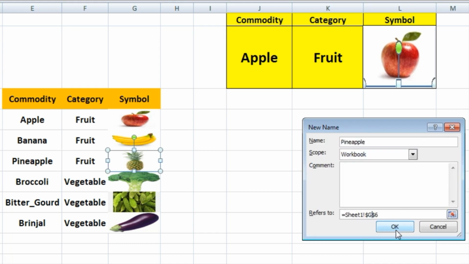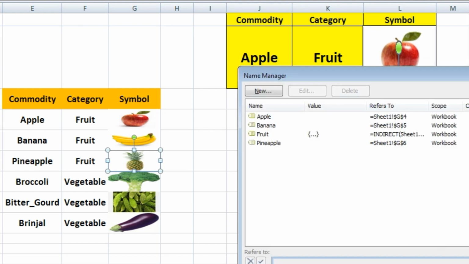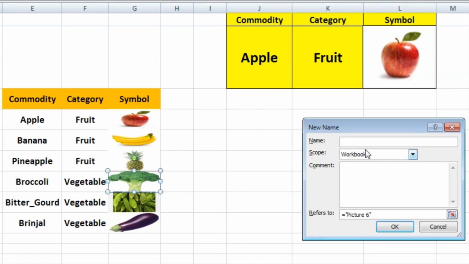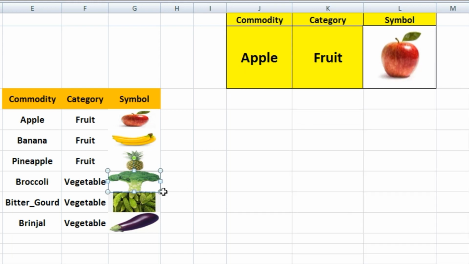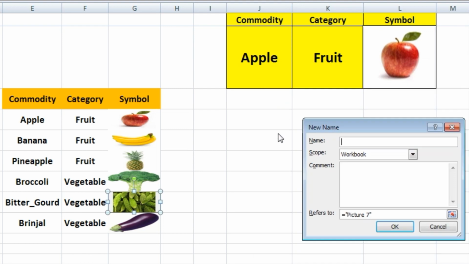Close it and select this. Now select New, this is broccoli. The spelling must be the same. That is the requirement. We can select this here first and then change it to G7. Close this one, Name Manager, New, this is bitter gourd.